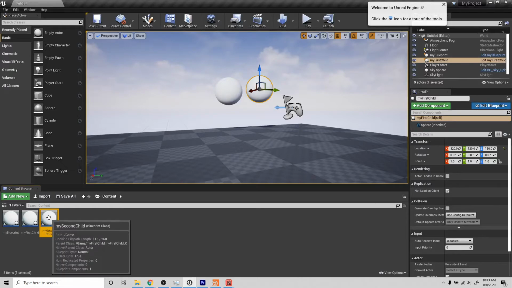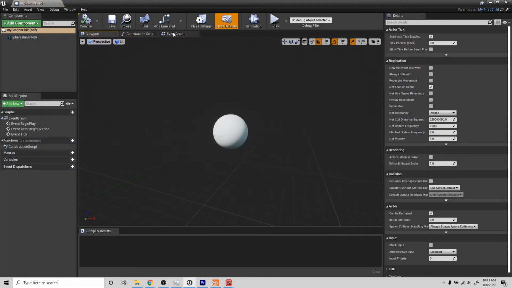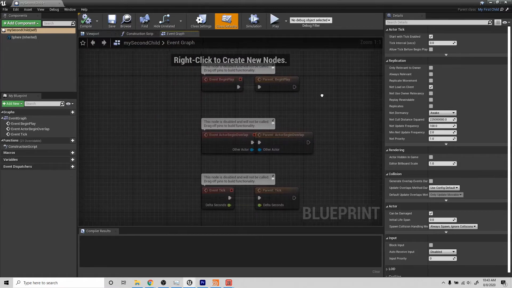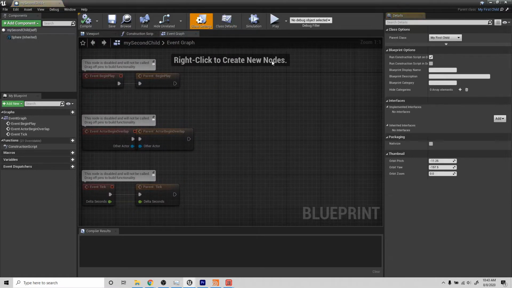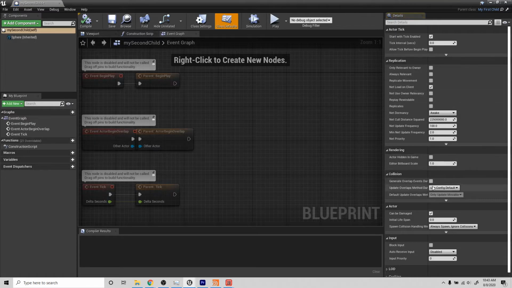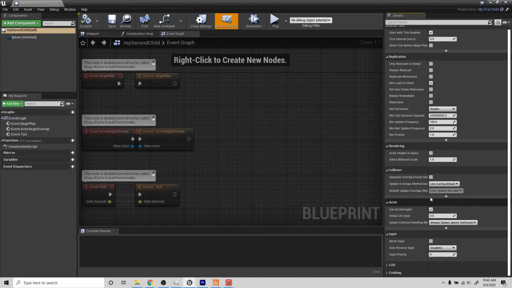There we go. So in this one, let's say we want it to be exactly like the other one, except that we want to add some functionality. Just to make this easy in the class defaults, let's go ahead and turn on the inputs to player 0. This isn't the best way to do it. If you were to create multiple children from this, it will cause some issues,